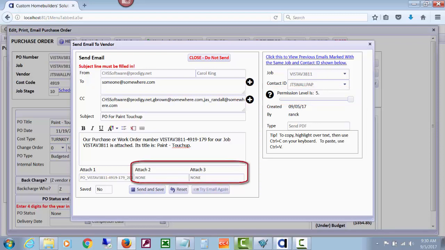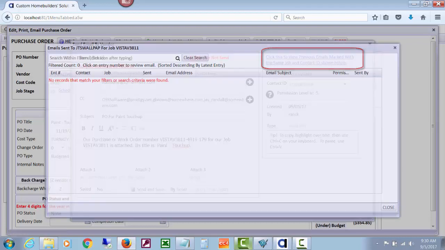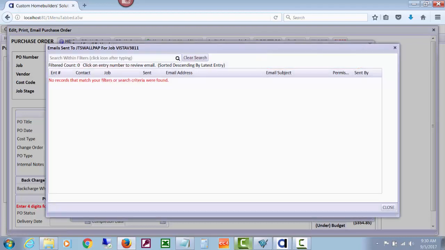If you have uploaded a bid and attached it to the PO, you can attach two different types of PDFs to a PO, and those would be in here also. So you might be saying something like, as per your attached bid, and you might have uploaded it and it would be attached. You also can get some information about what previous emails you have sent,